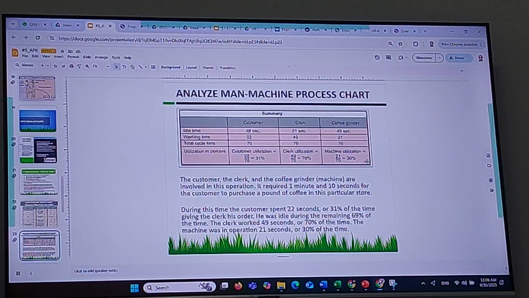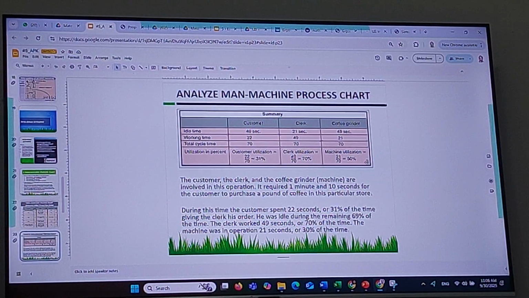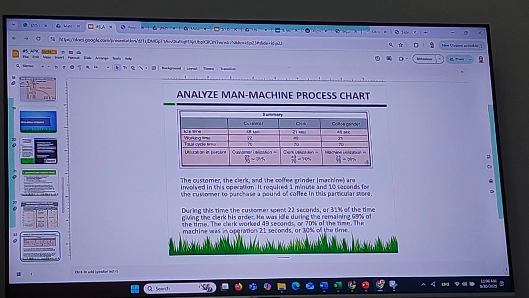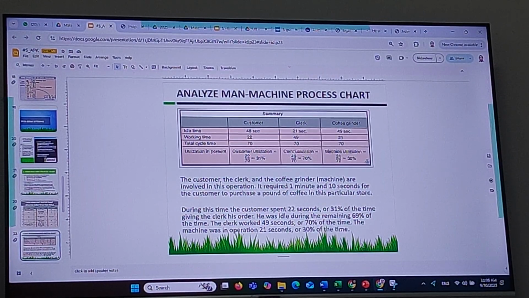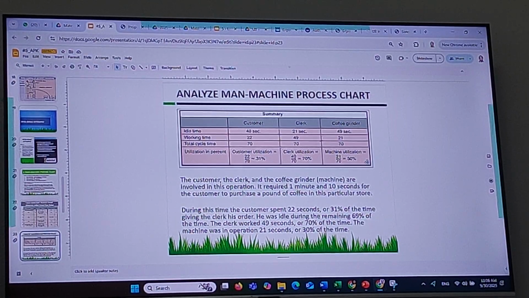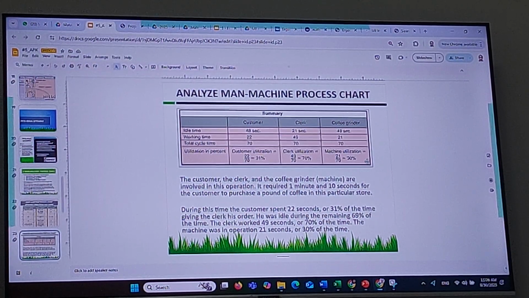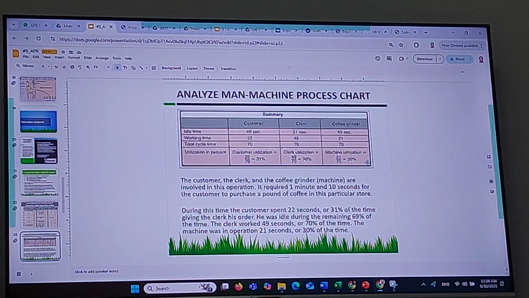Ya, iya mas. I have a question. In the fourth semester, I believe we have man machine practical work. Man machine, yes, the first semester. We need to make the man machine process step also, depending on the case study for the practical. But it's possible for the final thesis.